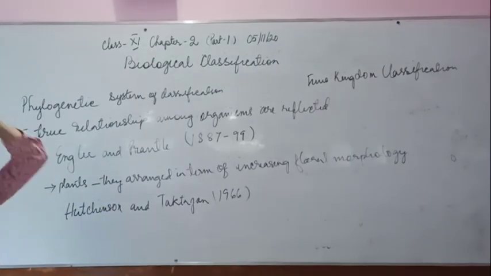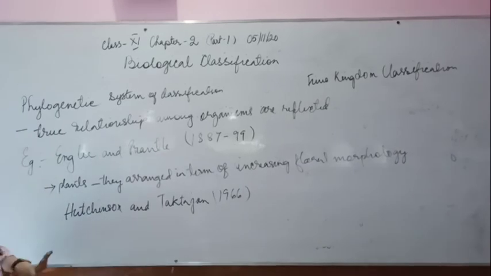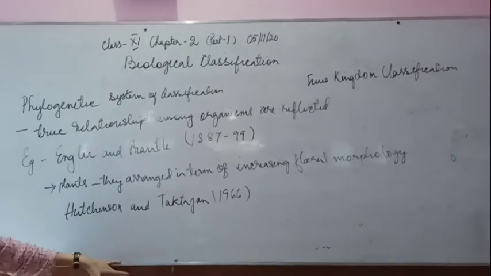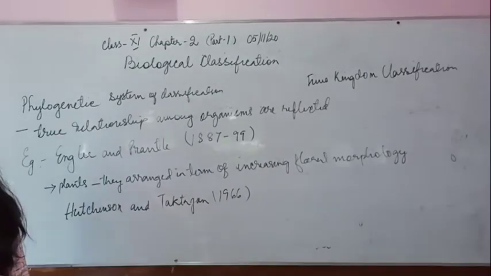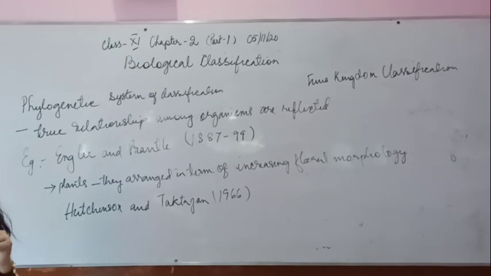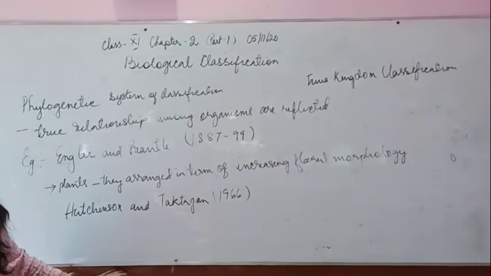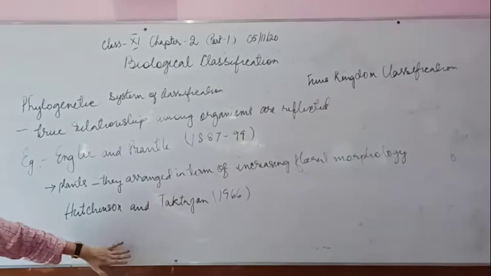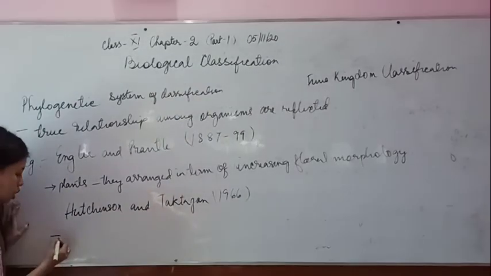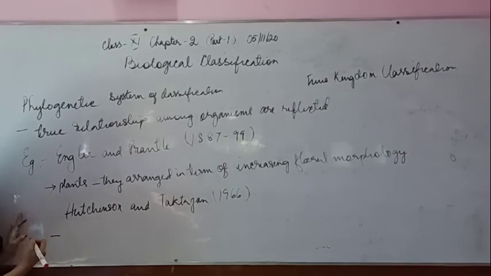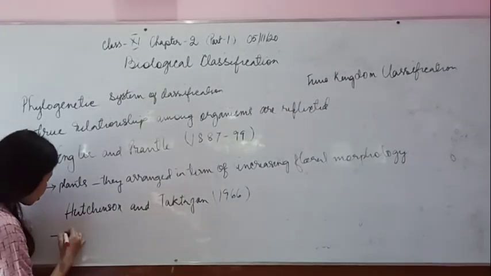And then, sometimes what happens is that even in a very higher organism, primitive structures are also present. The presence of both primitive and advanced characters can be seen in the lifespan of an organism. Therefore, the phylogenetic system of classification has a demerit in that way. Since we have all these drawbacks, we term the phylogenetic system of classification not static